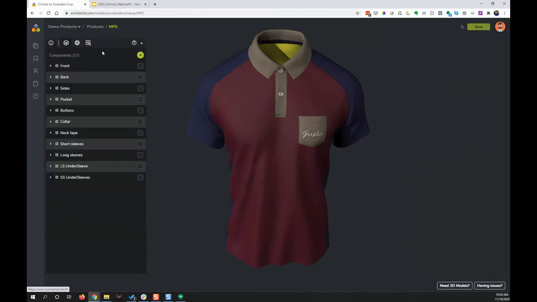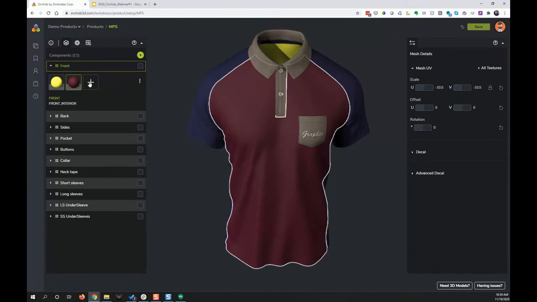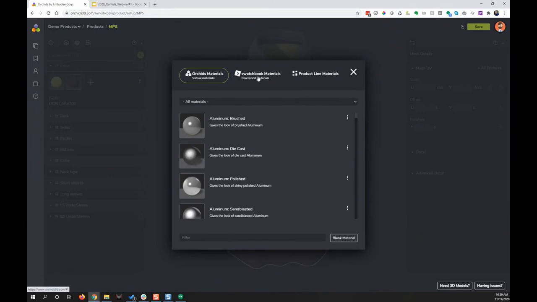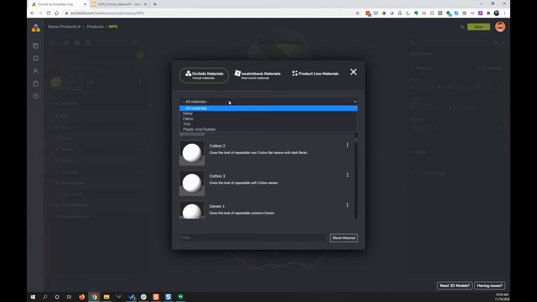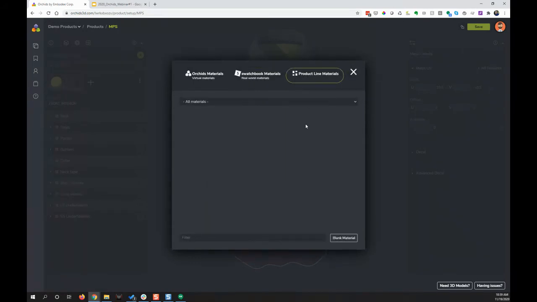So in this case, I have a component that has two materials. Well, how do I bring a material in? I can come to the front. I can do it also simply by clicking on it, and I can click this plus button. Here we have the ability to add materials from 3 different areas. One, orchids. We have supplied 70 plus materials that you can use at your own discretion that are separated into different material types. We have also partnered with Swatchbook, who gives access to 20,000 plus real world materials that you can actually use and leverage on your products. And you can also bring your own materials in from the various authoring tools or different digital material suppliers that are out there.